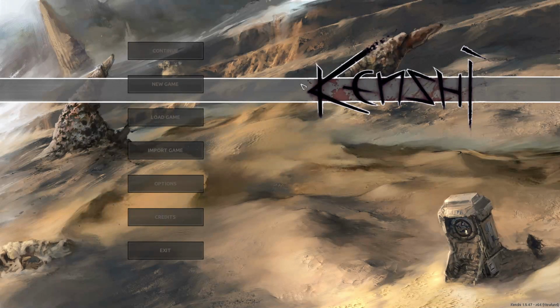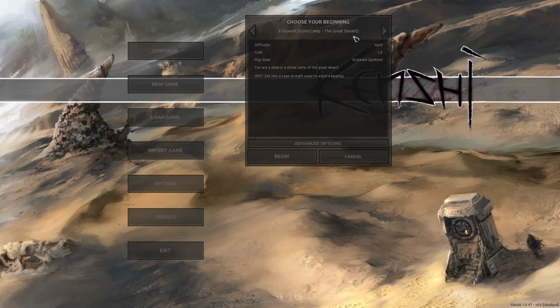So for this playthrough of Kenshi, I don't think it'll be very tutorialized. I'll explain mechanics as we hit them, but it won't really be tutorialized. But I think, actually we're already on it, I think we're gonna be playing the enslaved stone camp, the Great